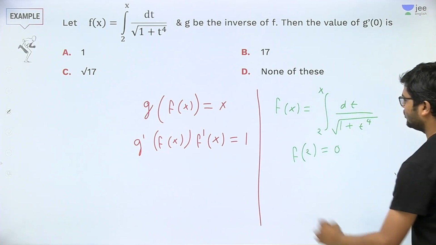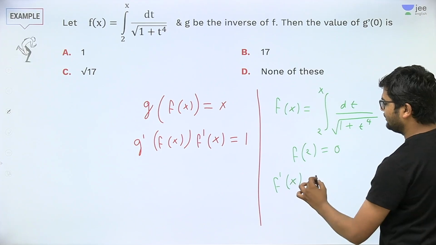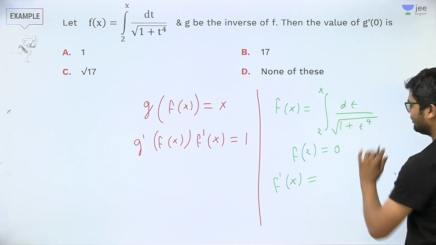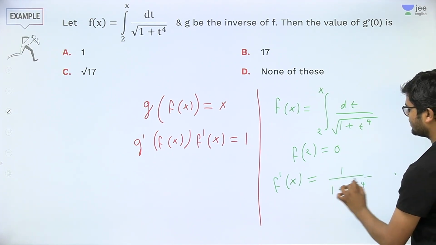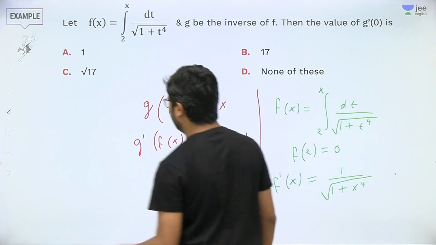Before that I also want to write f dash x, because I will use it. So f dash x will come out to be, by the help of Leibniz rule, 1 upon square root of 1 plus x raised to the power 4. Got my point? Now applying these results,